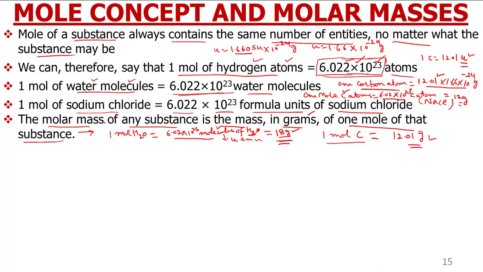So just remember, the molar mass of any substance is the mass in grams of 1 mole of that substance. If someone asks you to calculate the number of molecules in 18 gram water, now 18 is the molecular mass of water, 16 plus 2, 18. So this mass will contain how many molecules? Avogadro number. Vice versa is also true. So this is an equivalence relation between number of moles and Avogadro number, and this relation is very important.